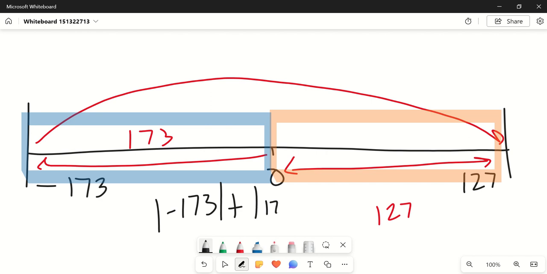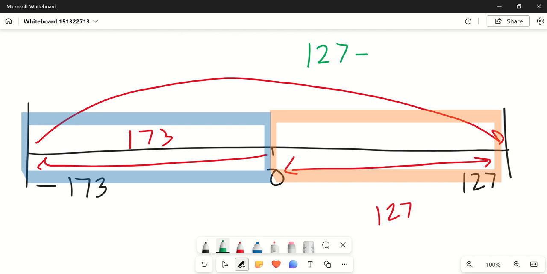But this is not a difference. This is the sum of the two, which we are going to get to, but we want to write it as a subtraction problem. So what we're going to do is take the high of 127 and subtract the low, which is negative 173. But as you see, these two are going to converge, and it still makes the same question we just did where we added the two. We just wrote it differently because now we can say it's the difference, quote unquote. When we add these two together,